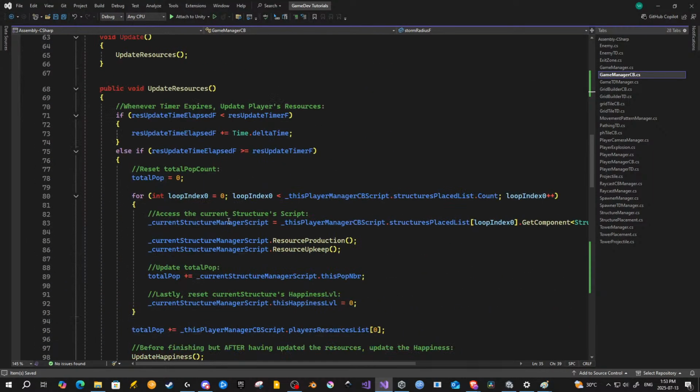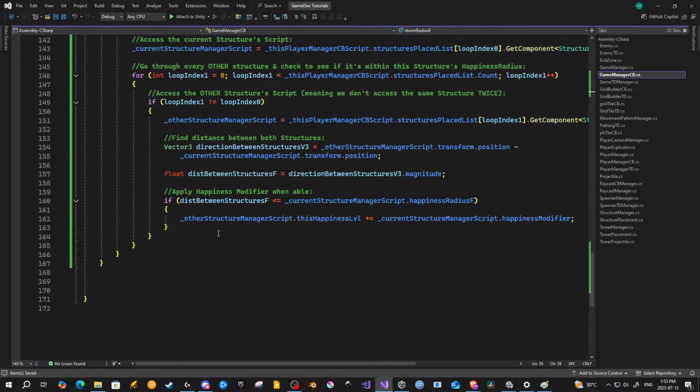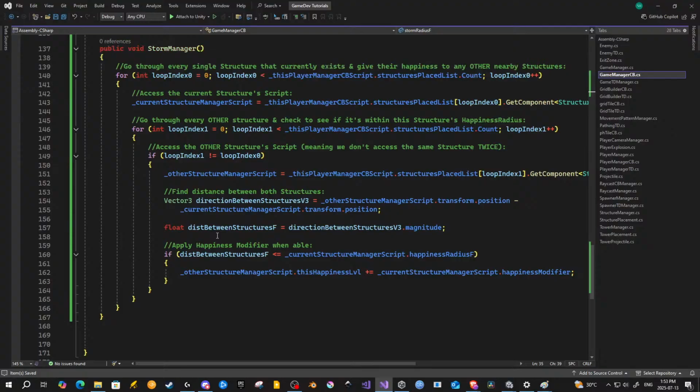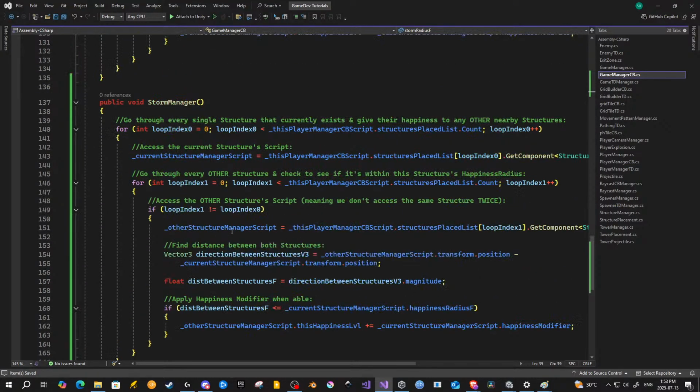So we're gonna have to set it up, okay? And again, this is just one example of how to do certain events, right? So let's say go through every single structure that currently exists and